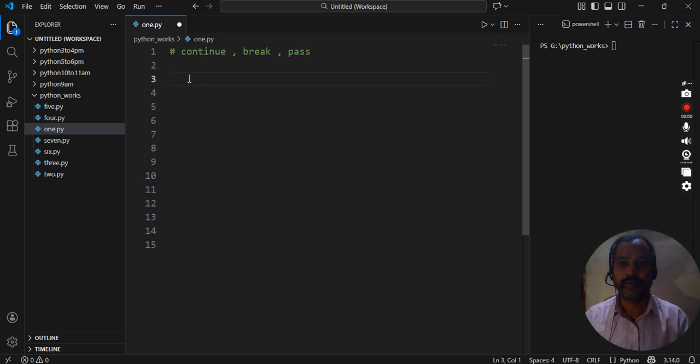Hi everyone. Today we discuss some keywords in Python: continue, break, pass. Using these keywords we do some practical programs. What is the use of those things? Suppose here I take one program for